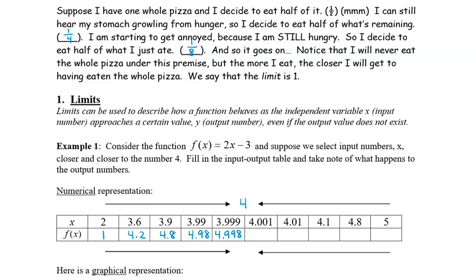All right, let's do the same thing, but we're going to approach from the right side of 4. So let's start something a little bit bigger. So I start with 5. So 2 times 5 minus 3 is 7. And then 4.8 is a little bit closer to 4. So 2 times 4.8 minus 3 is 6.6. So similar to the left side, on the right side I'm going to get closer and closer to 4. So plug in 4.1, I get 5.2. Even closer, 4.01 is 5.02. And 4.001, very close to 4 as well, you get